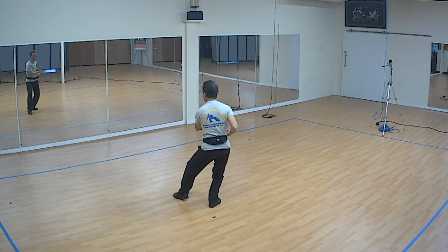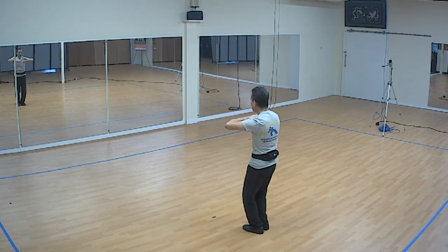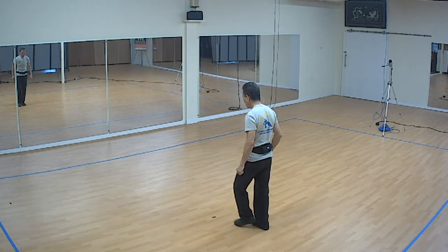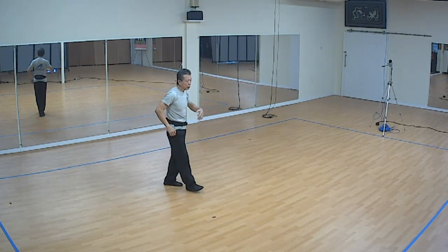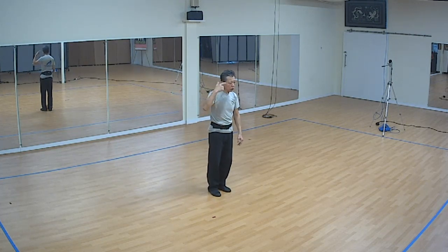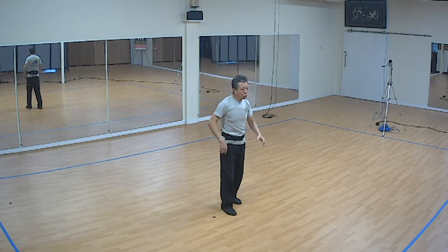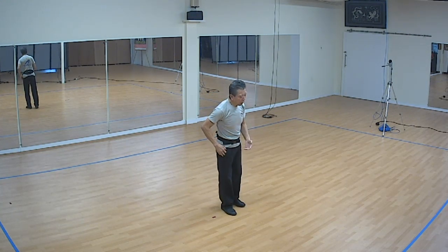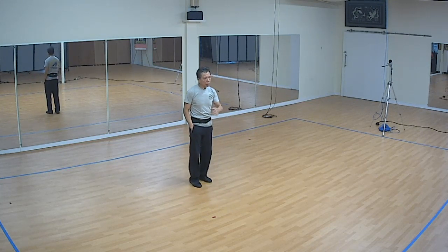Turn. Salute. 1, 2, 3. Fold. Okay. So what I did was go over some of the things that sometimes when you're going through the form, you're not paying attention to, you're not focused on, you're not concentrating, or maybe you didn't know that that's what's supposed to happen. So that's all part of what these videos are, to kind of point out things that